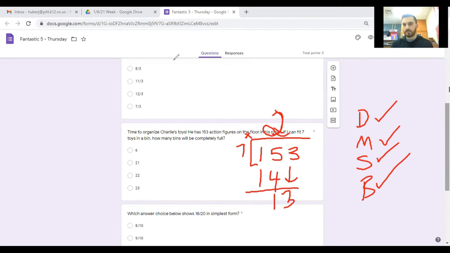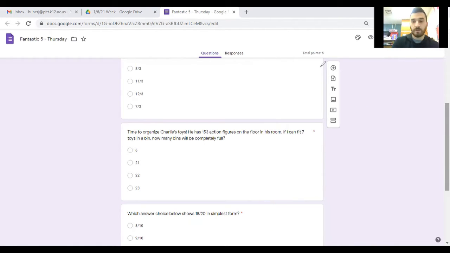And once I get to this point, I get to start all over. So back to the top with division. How many times can 7 go into 13? 7 times what will get me close without going over? With 13, 7 can only go into 13 one time. Because if I did 7 times 1, obviously that just gives me 7. 7 times 2 would put me over the top. So I'd put my 7 down there, and I would subtract 13 minus 7, which is going to require some regrouping, but ultimately you're still doing 13 minus 7. And if you did that math, that's going to give you 6. So when we get to just doing the long division, if I did 153 divided by 7, I would get